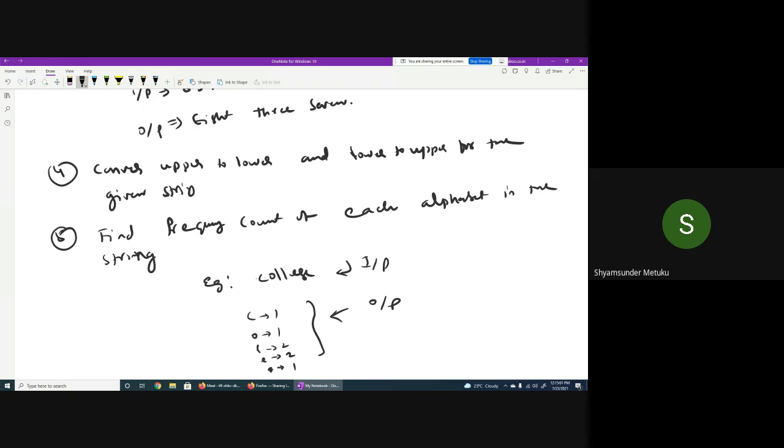So these 5 programs I want you to practice, because they're all related to string operations or character operations, and I cannot do all of them in class. It takes a lot of time. The next class will start with integer arrays and float arrays and some algorithms on the arrays. Is it okay? Yes. So with this, I'll just try to stop the recording first.